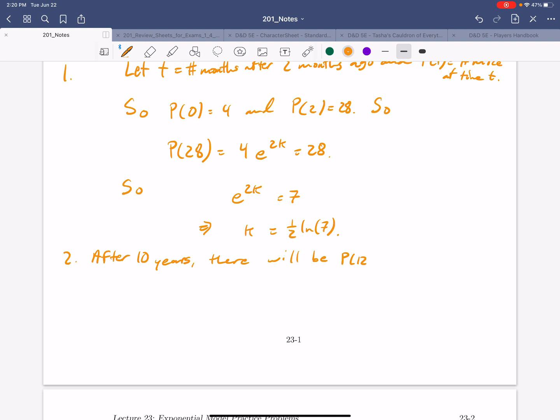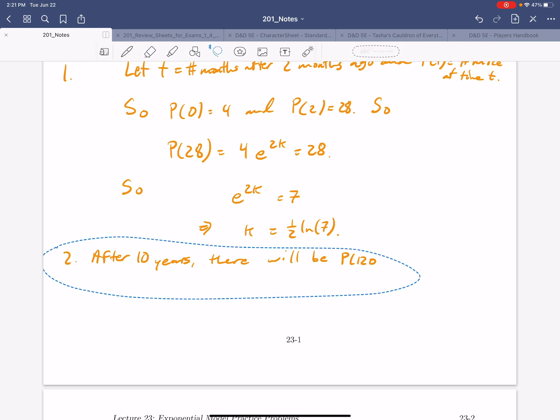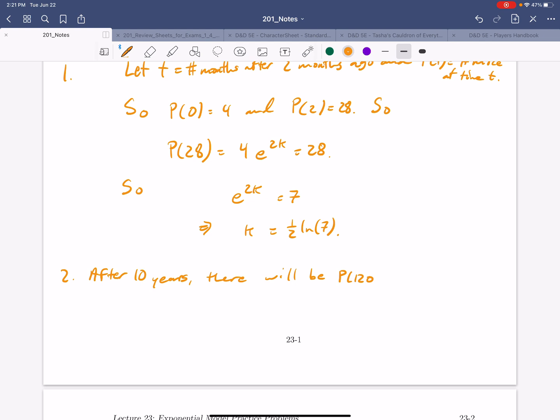P of 120... Oh, shoot, sorry. I didn't actually even write the model. Let me scoot this down really quickly. Make sure I answer my own question. Right, so P of T equals 4 e to the 1/2 ln of 7 t. There you go. So P of 120 is going to equal this